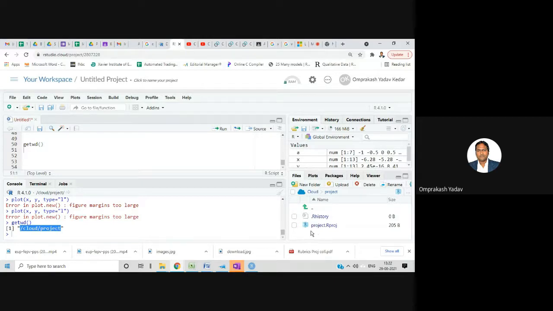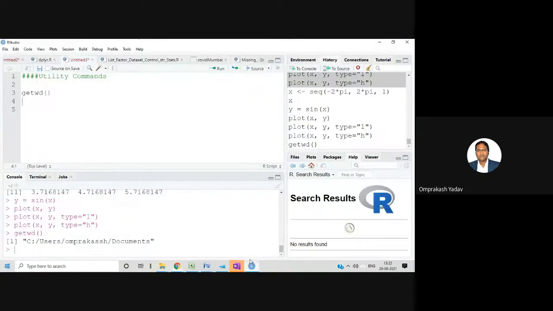Of course, you can create a new folder inside this project folder and do whatever you want inside it. But getwd stands for get working directory. It will give you the current working directory where you are working. So this gives us the current working directory.